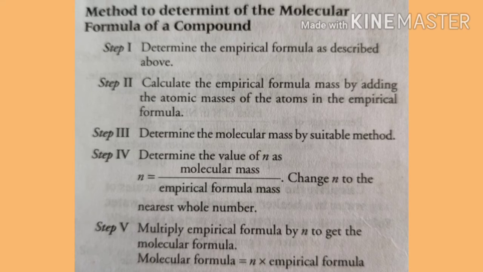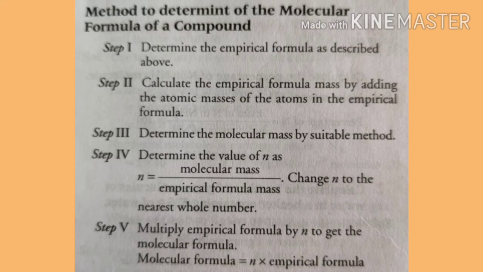As we saw earlier, you can first determine the empirical formula. Second step, calculate the empirical formula mass by adding the atomic masses of the atoms in the empirical formula. Third step, determine the molecular mass by a suitable method. Fourth step, determine the value of n, that is a factor by which if you multiply the empirical formula you